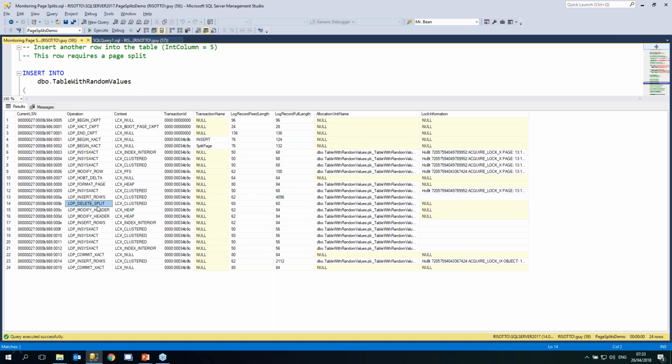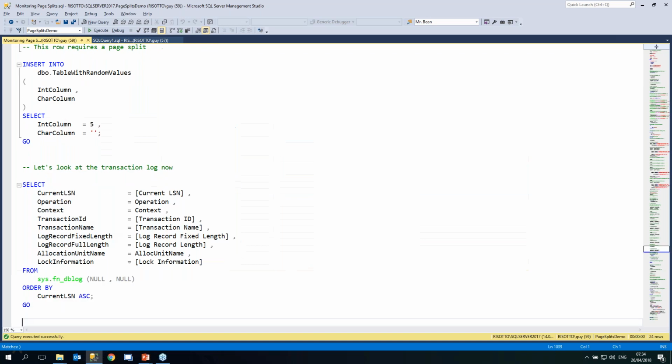And then we need to delete that half that we just moved from the original page. We need to free space in the original page. So we have the delete split, and this is the only place that we do this operation of LOP_DELETE_SPLIT. So if we can monitor this log operation, we can actually monitor the real page splits. And it's the first time that I show you something that can distinguish between real page splits and fake page splits. Eventually, of course, we do the regular insert row. So this is the actual row with the value 5 going into the original page now.